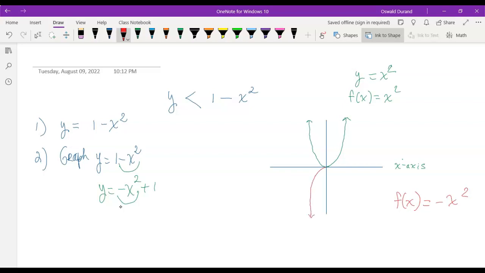So I hope you understand what I mean by reflection, right? Here we go. So you understand that this part right here is a reflection of this part. So this red parabola is a reflection, negative x squared. Now, the plus 1 here, right? I'm just going to put it as negative x squared plus 1. So the red part was